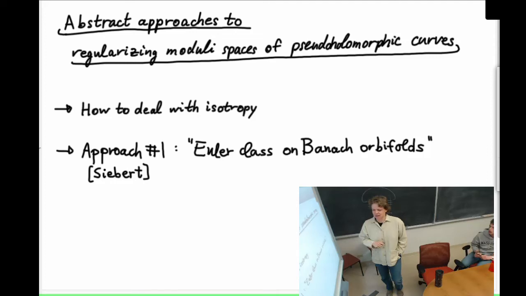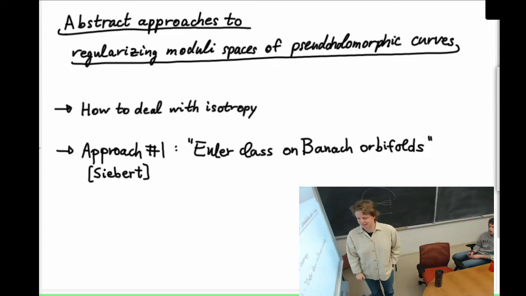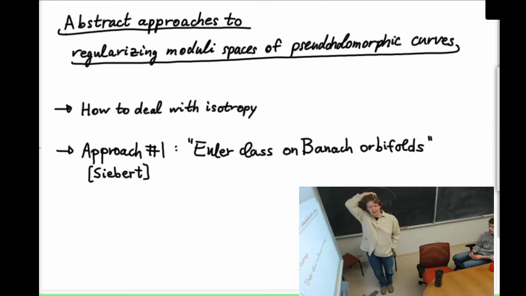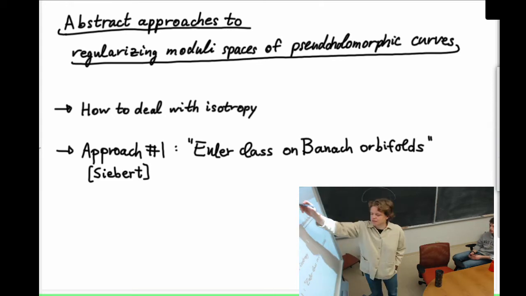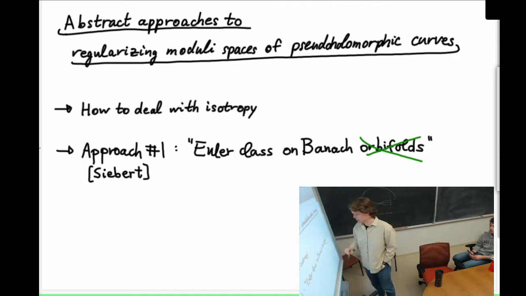I've done some literature research, and I'm very well prepared to report on approach number 1, how to regularize the moduli space following Bernd Siebert, and the buzzword, at least as he phrases it in his papers, of Euler class on Banach orbifolds. Now, I want to make our life easier and not have to talk about orbifolds, so I would like to think about his approach just in the context of manifolds,